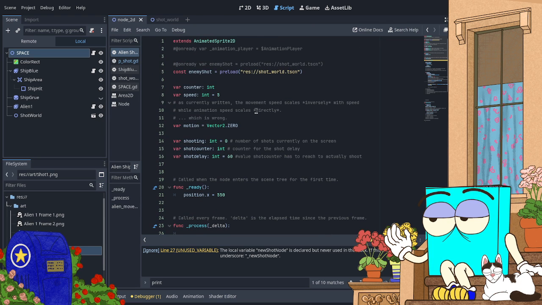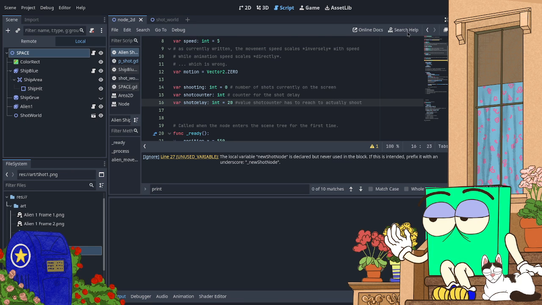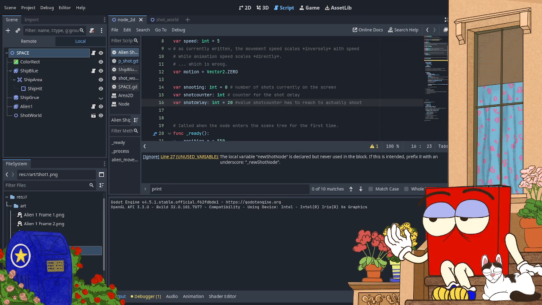So what I'm going to do next is make it fire a lot faster. Make sure the shots are disappearing and appearing in the right order.